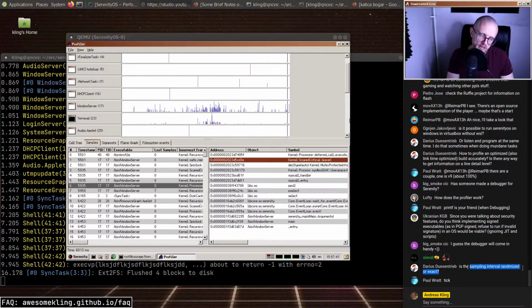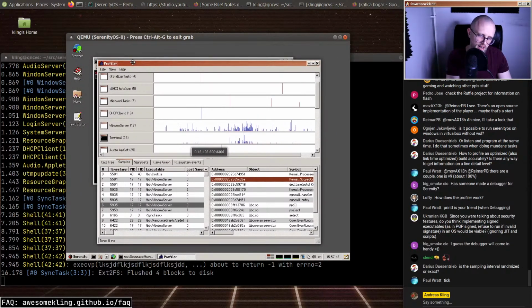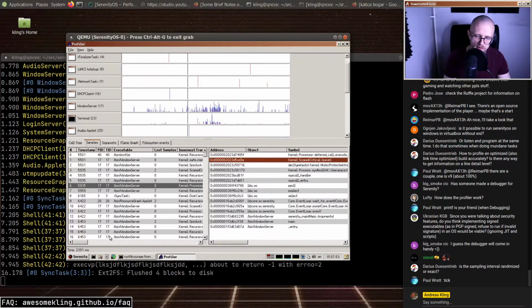The sampling interval is not randomized, but there is a bit of slack to it sometimes, so it's not perfect, but almost perfect, I guess. I wish I could say it's perfect. I've noticed sometimes it gets out of sync a little bit. And one thing that we do is that